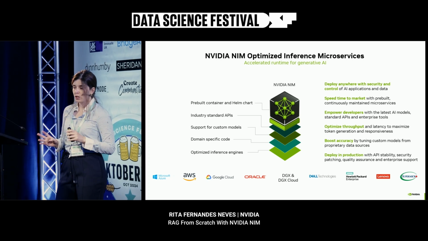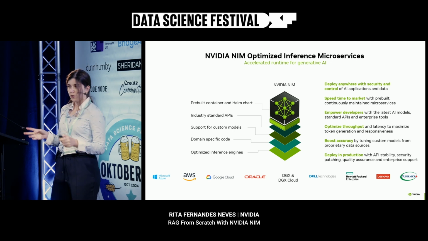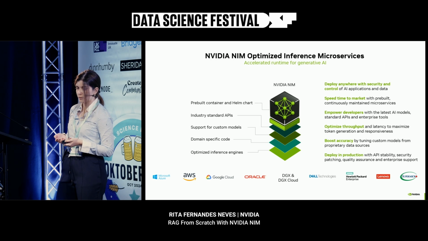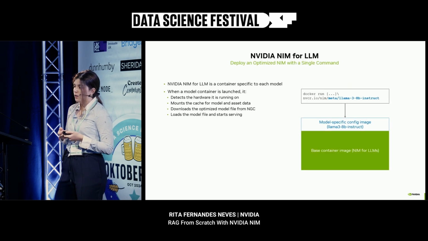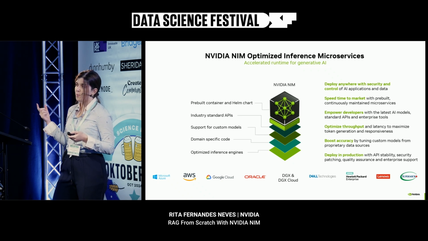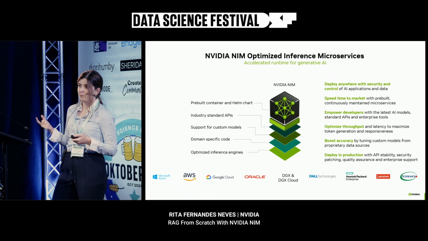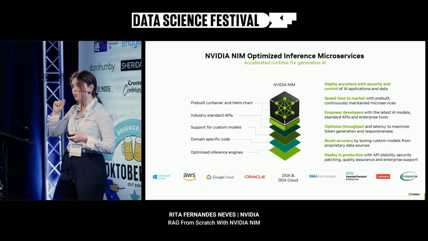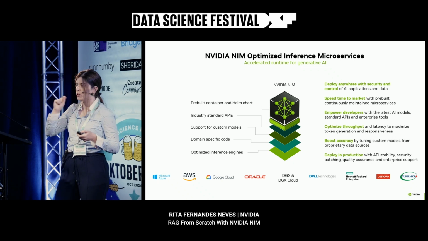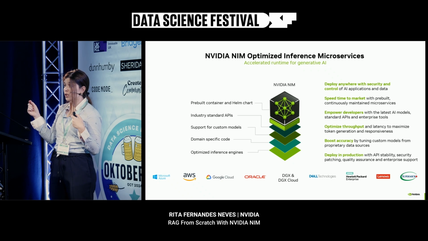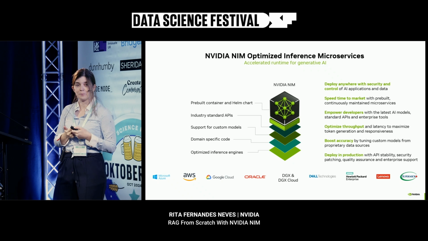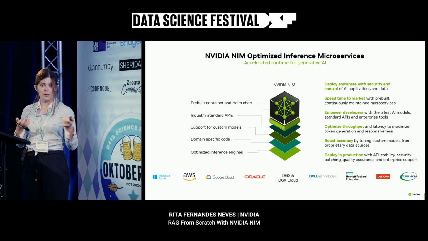And the whole motivation here is training a model is hard, and for the past years, everybody's been thinking about how to train a model. But the bigger models you get, and the more you train them, the more you realize that if you have a model with billions or trillions of parameters, how are you actually making them run in production so that you can actually get results in time with low latency and actually develop something with it in a fast way. And so that's why NVIDIA developed NIMs.